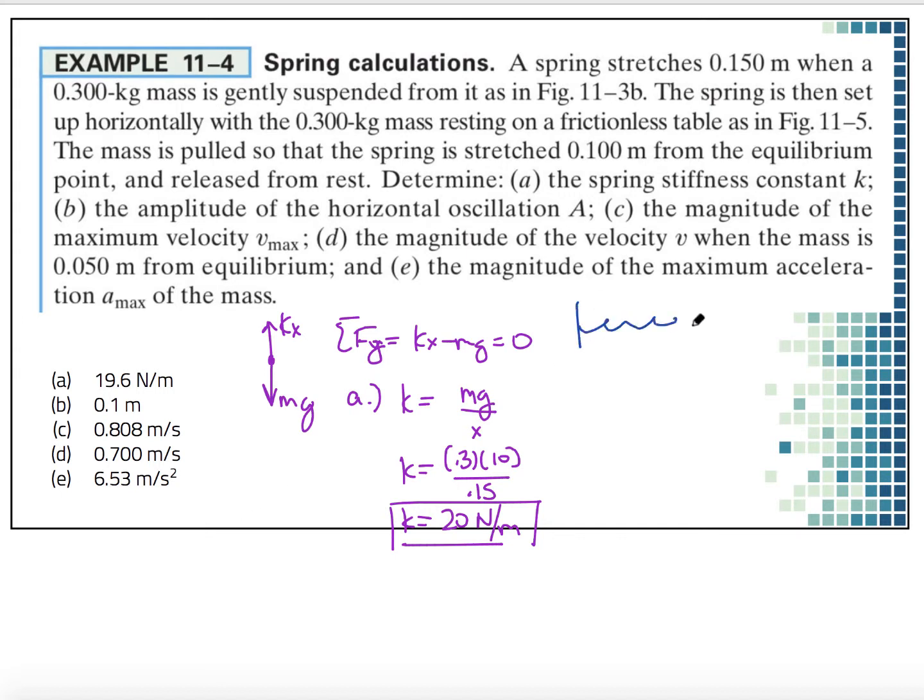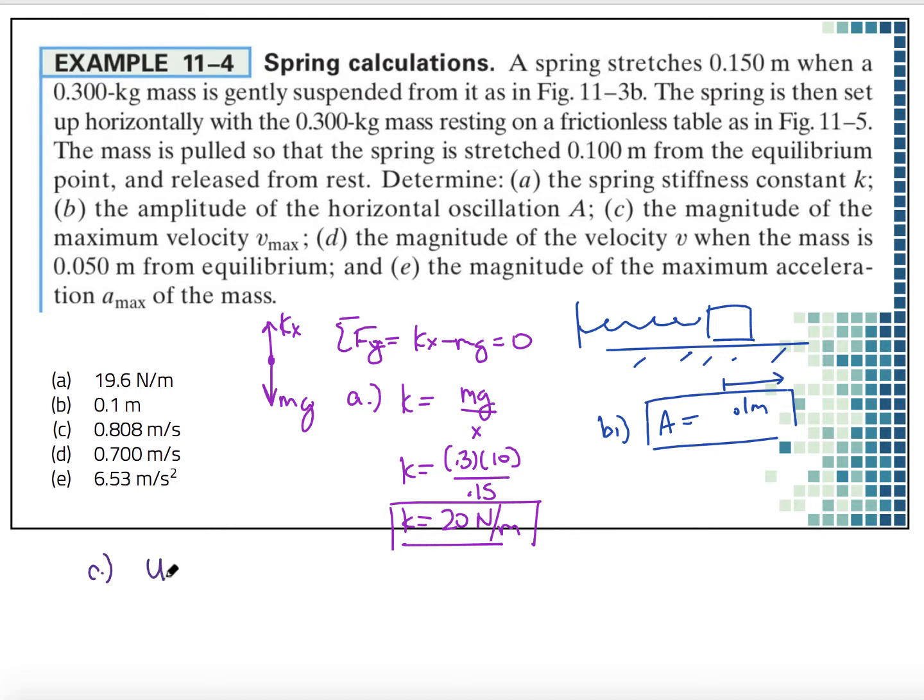So if this is my setup, here is my spring, here is my mass, here is my table, and I stretch it 0.1 meters from the equilibrium position, then that means that the amplitude of this is simply that amount of stretch. So our amplitude is equal to the 0.1 meters that we have here. Now moving right along, we want to find the magnitude of the maximum velocity. So in order to do that, we're going to go right to conservation of energy. So setting this up, I'm not even going to write the whole conservation of energy because I can just go to the elastic potential maximum